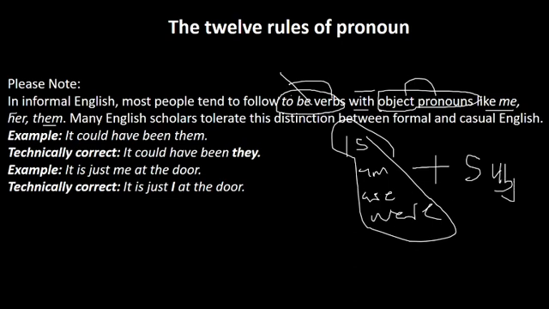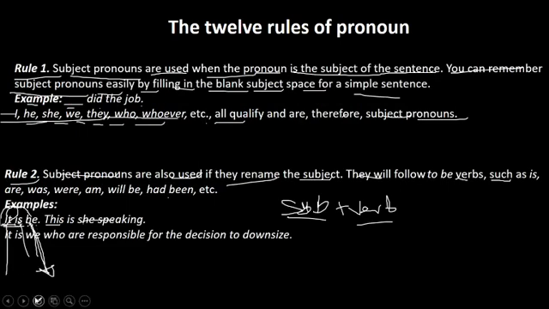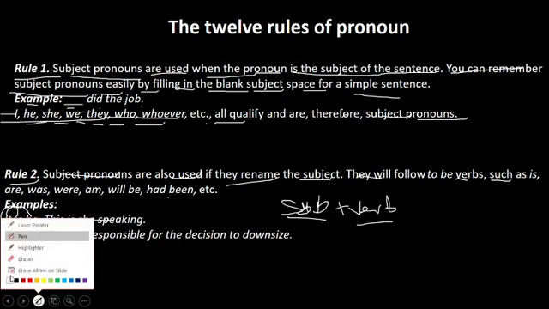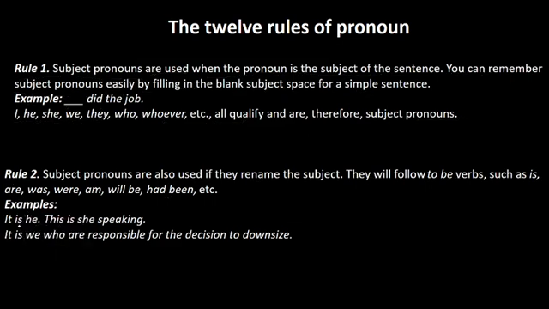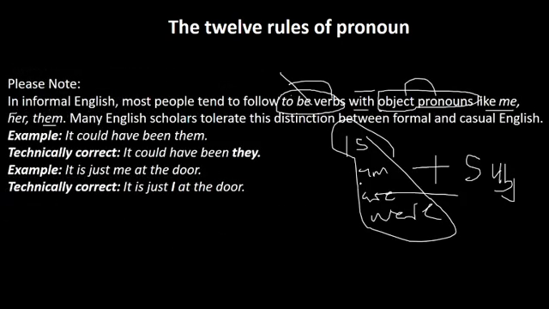So this is the rule that qualifies this particular case here. Be verb, subject case. Be verb, subject case. If you use the object case there, you are wrong. That's the reason why we say that this construction of be verb plus subject case combination